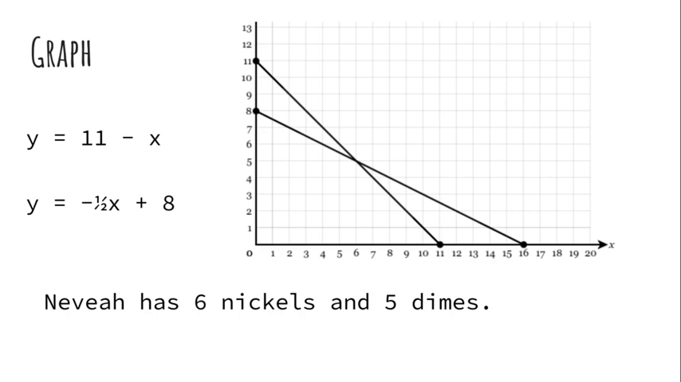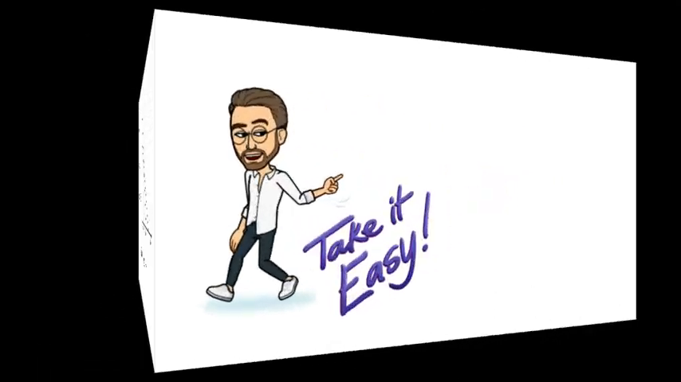And if you have 6 nickels, that would be 30 cents. And if you have 5 dimes, that would be 50 cents. And 30 cents plus 50 cents would be a total of 80 cents. And that wraps up our